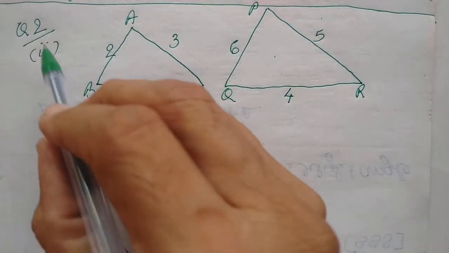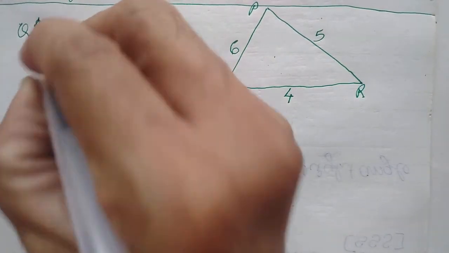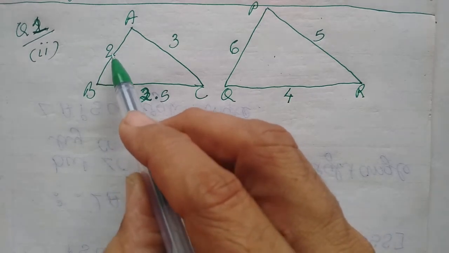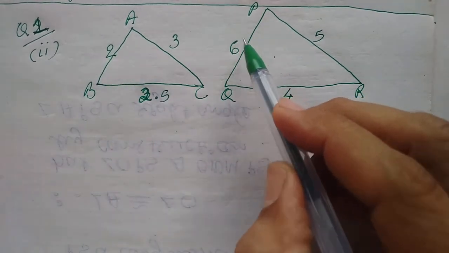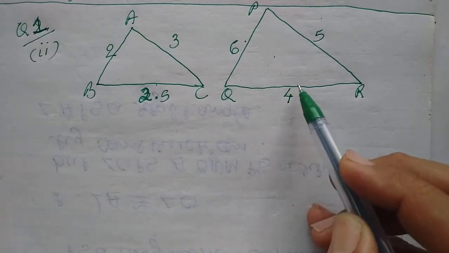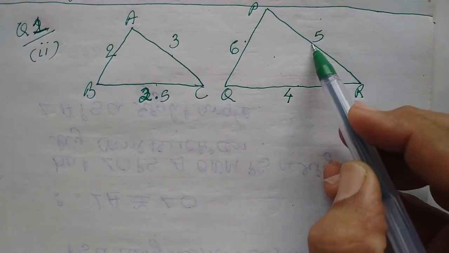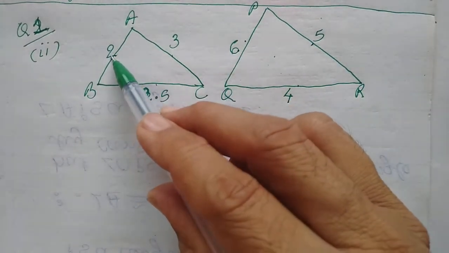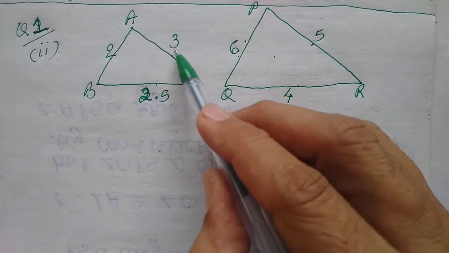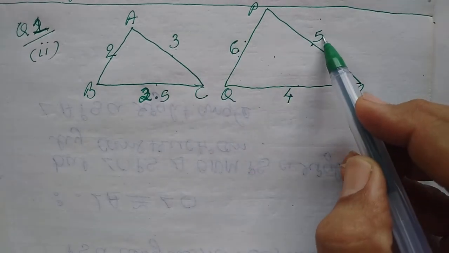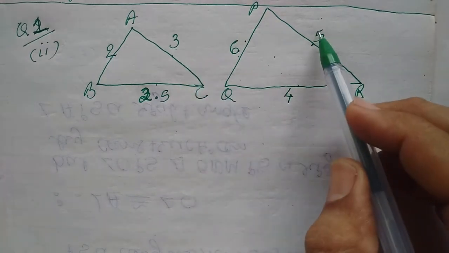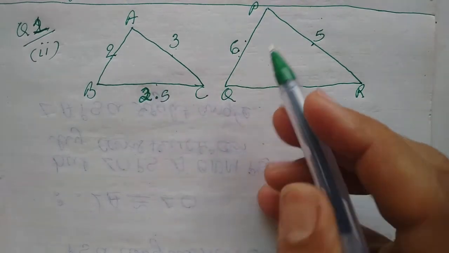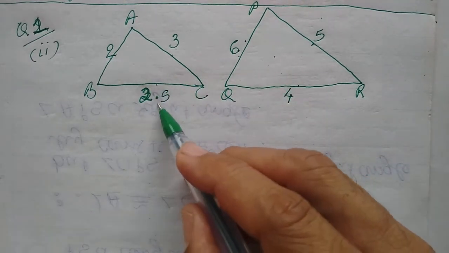Now children, questions first, second, we have these two figures. Normally we see it this way. AB is here, so we will take PQ. BC is here, so we will take QR. AC is here, so we will take PR here. And we see that here is 2, here is 6. So the relation is 2 into 3, 6. Let us take 3. 3 into 3, 5? No, children. So here something is wrong. So we will make a conclusion that this similarity we cannot prove, because here is 2.5, here is 4.